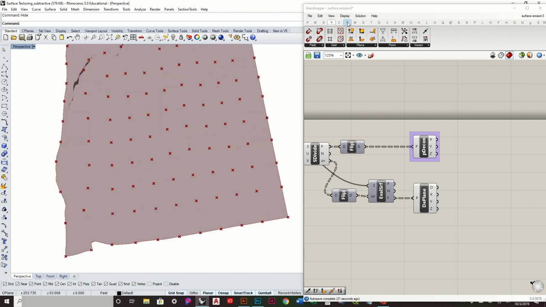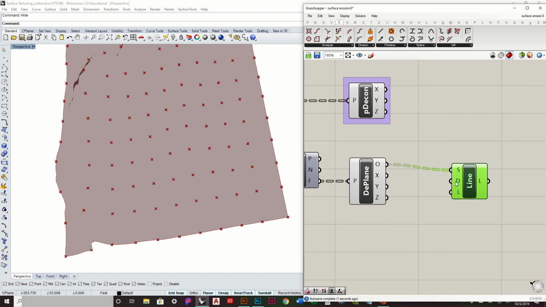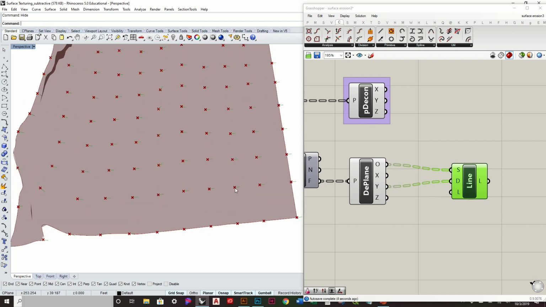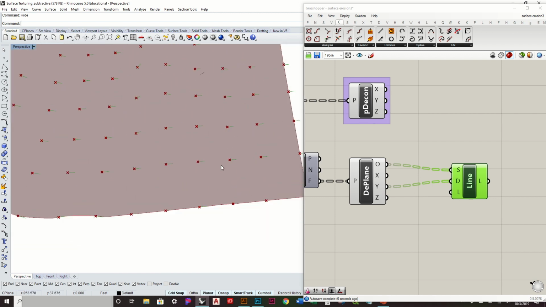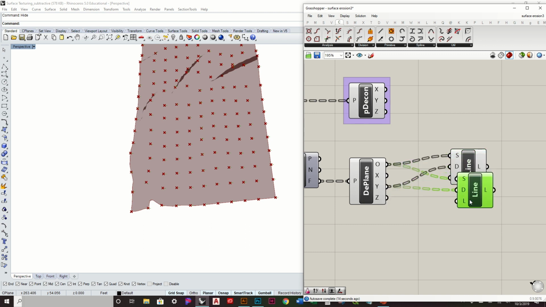So I can go to curve, line SDL, so the origin is this. The direction is again my y-axis. You'll see that it's starting to go in that direction, but I do want it to go in both directions. So it's kind of like thinking of these as the center line, and I'm drawing from there. So I want to actually copy and paste this